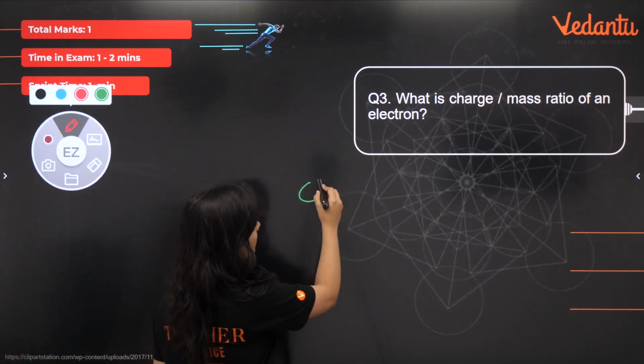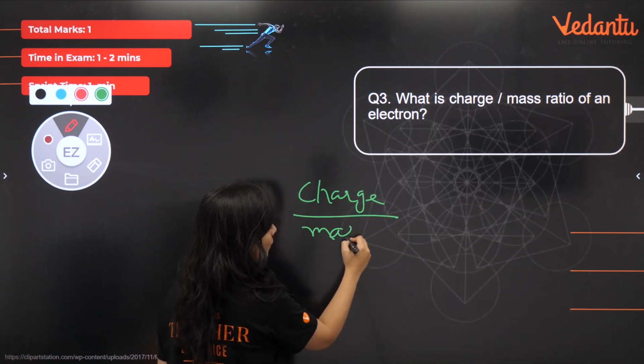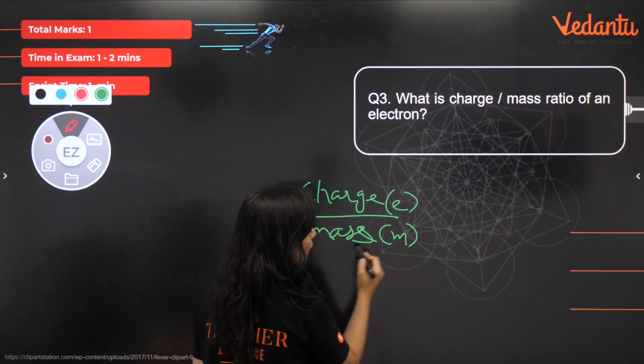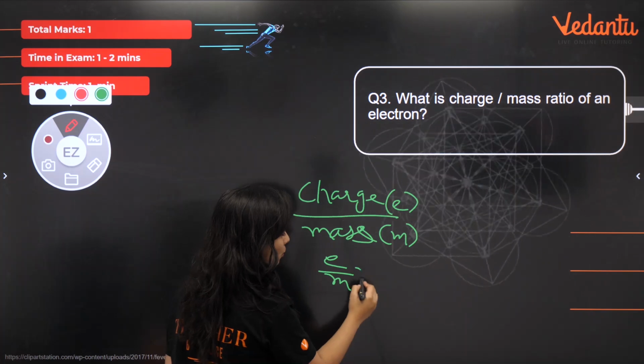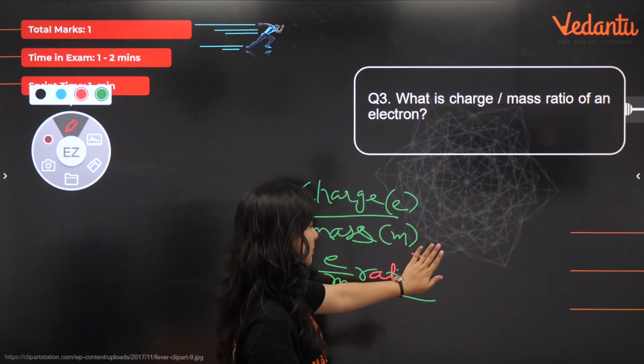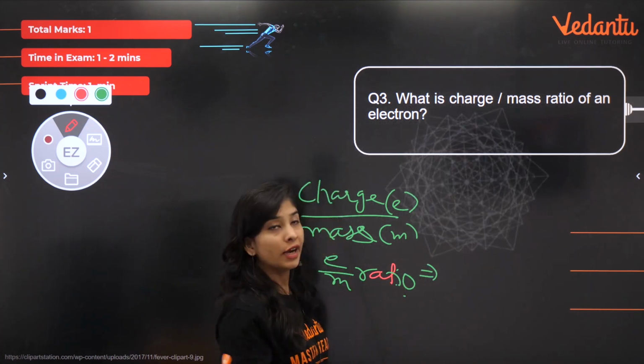तो अगर क्या निकालना है? I should know the charge, I should know the mass of electron. We should also call it E charge, M mass. So we also call it E by M ratio. Okay, we also have one more name. We call it E by M ratio. Fine. तो कैसे solve करेंगे?